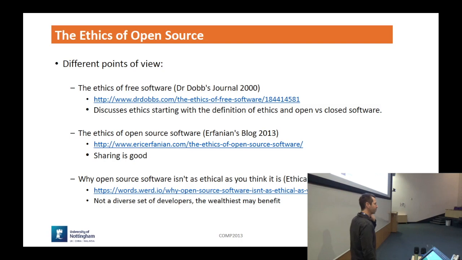Sean? Why is it bad that just Linus Torvalds created Linux? Well, I try not to use the word bad, and try not to imply that. The argument there is that diversity is good, and so if it's not diverse, it's not as good. That's the viewpoint of the article. But there's a link to the article if you want to see the different views in detail.